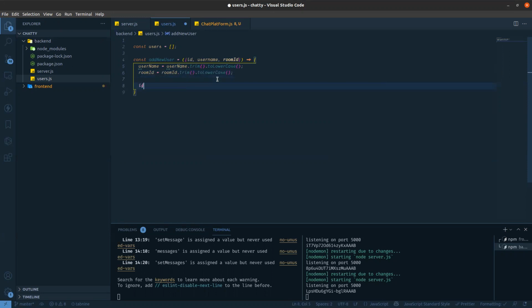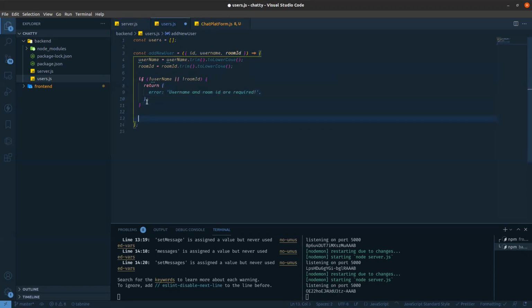Now I'm checking whether this user already exists or not. First, if room ID or username is not there, I need to throw one error: username and room ID are required.